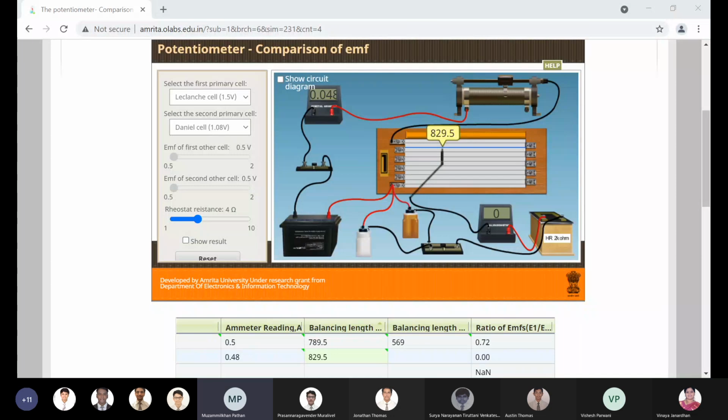Now I posted my results in the chat box. What happened? I posted my results in the chat box. I'll just check once again. Samuel, Dheeraj has completed. Okay, fine. Shamshul, that was the only correction you have to make. It is E1 by E2, not 0.7, boys. Just check, Samuel.